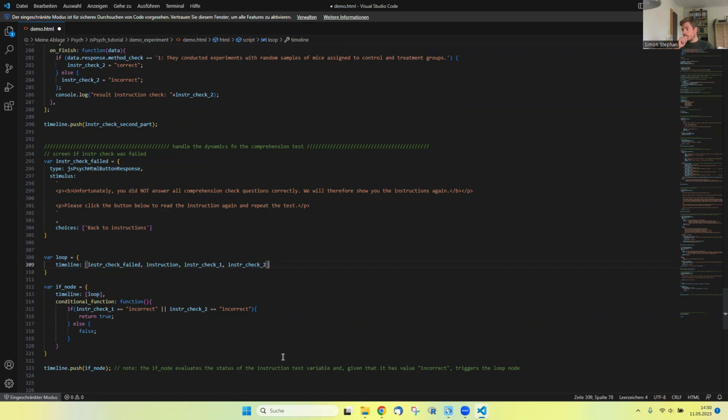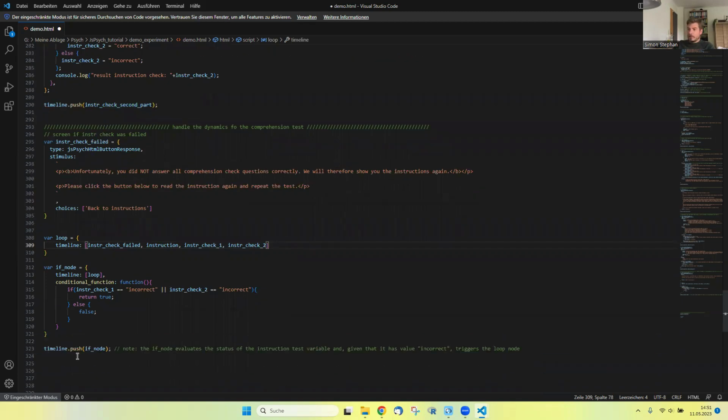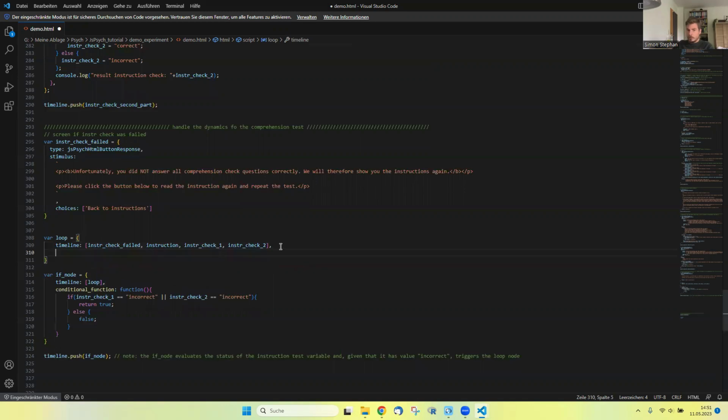But now we are not done with the loop, because if we left it like that, what would happen is that the instruction check is not passed, this if node returns true and triggers the loop node, and then we would keep looping, right? So we need a stopping criterion for this loop to stop, and this is what we are going to specify within the loop variable here. We don't want to have an endless loop. So now we use the loop function,